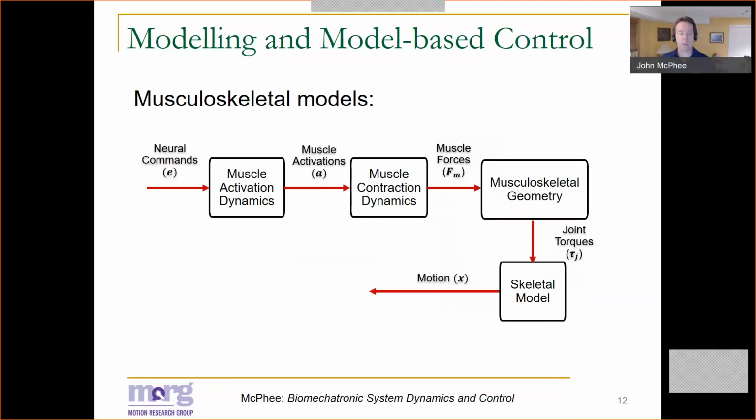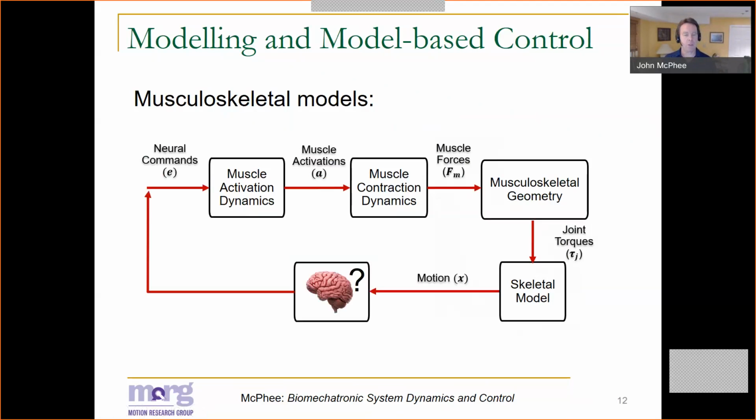Of course, we might run this loop in reverse, which is actually very common, where we measure the motions first and we work backwards to get joint torques and muscle forces. But if we're trying to do predictive what-if simulations, typically we follow the forward path. And the big fly in the ointment, if you will, is what is the human doing in all of this? So what decisions is the human making based upon what we are perceiving our motion to be and the commands we're sending to our muscles?